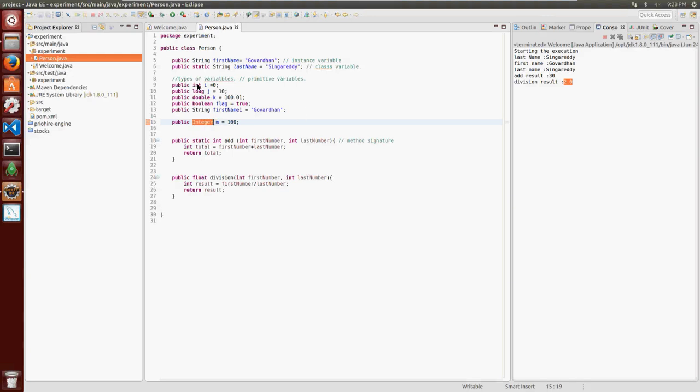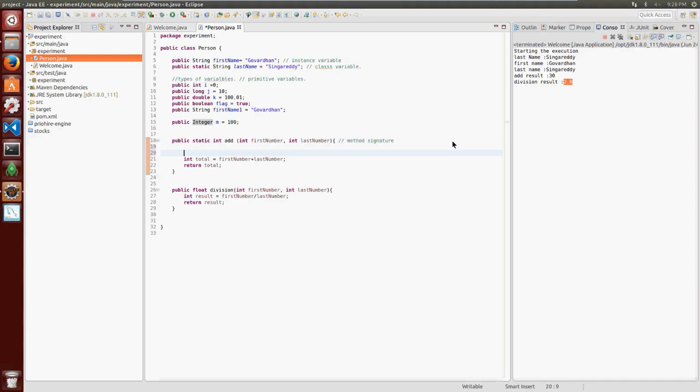The difference here is this one is a simple int, so you can just access the i variable. In the case of i, if I say i dot, nothing will be there because that is just a primitive type. If I say m, because it is an object, dot. What the hell? It should give you